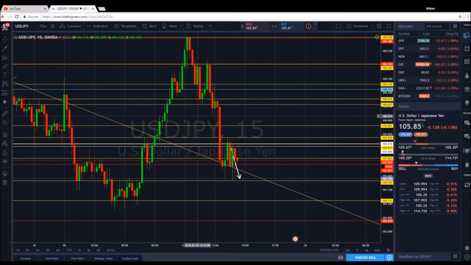Looking at the 15 minute, we got some breaks of these support zones here, a nice strong bearish close on this candle, and then we got some retest to some previous support and resistance zones here. These are just some previous SNRs that I have marked on the chart. So whenever I saw this close here and it came down, it formed this wick, I expected some retest. Since we had this long strong bearish close, I did expect some retest to some of these previous zones, especially